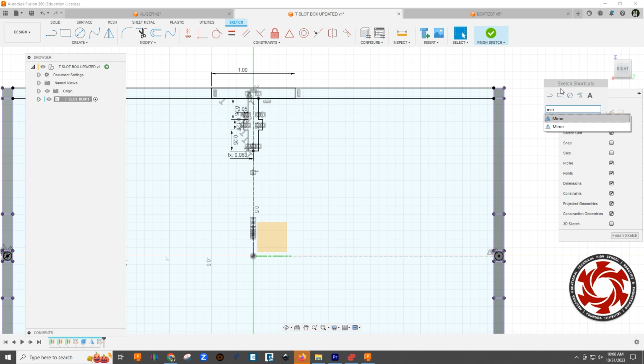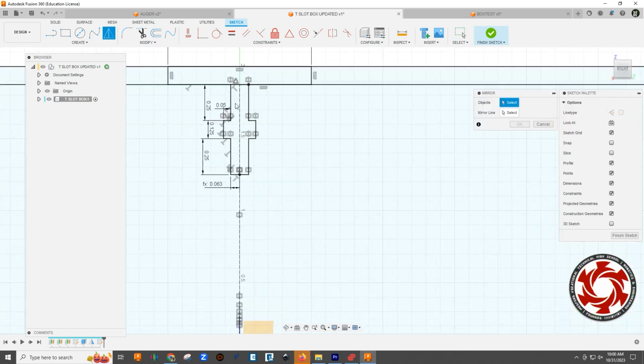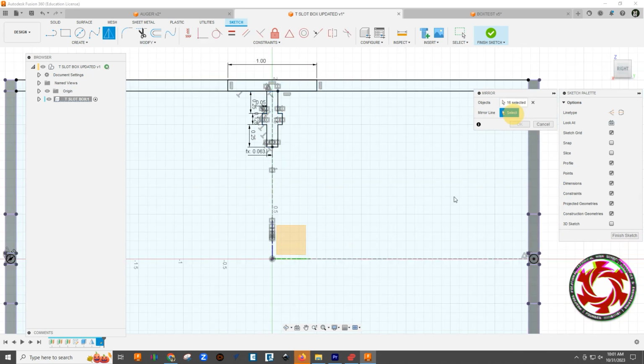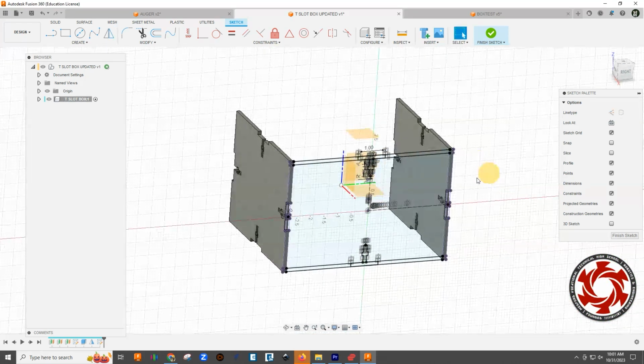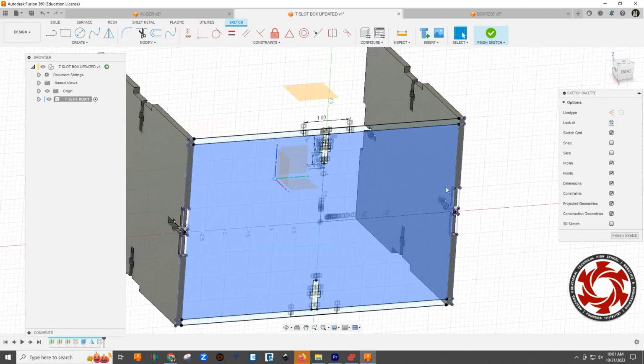So just make sure we're going to grab all of this geometry. Again, may have to hold down to get the smaller line, not the long line. They overlap. And we'll go ahead and grab all of this stuff here for the slot. Okay, and it's mirrored. So now we need to extrude this,